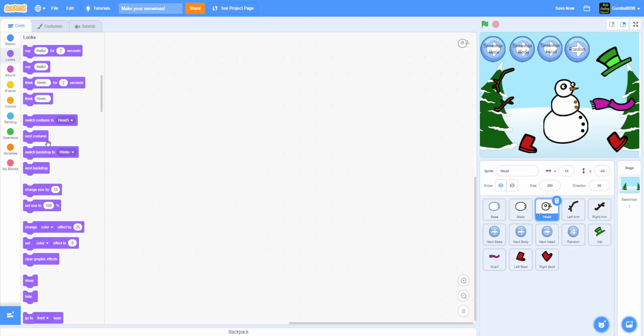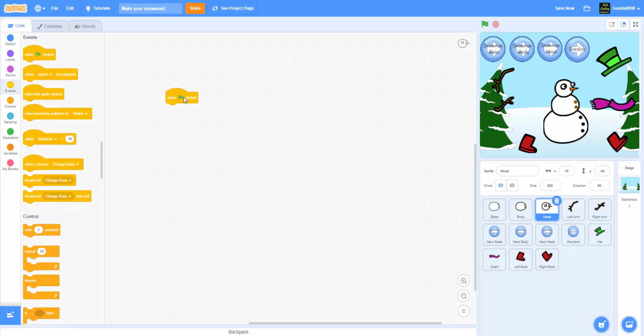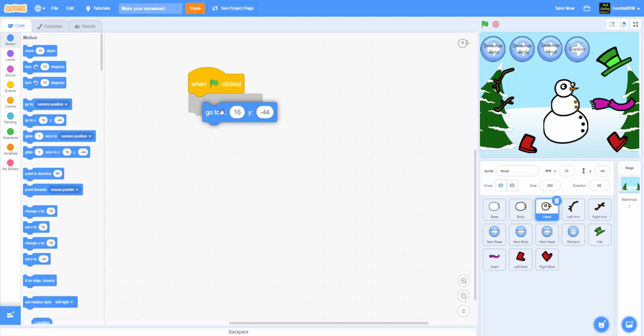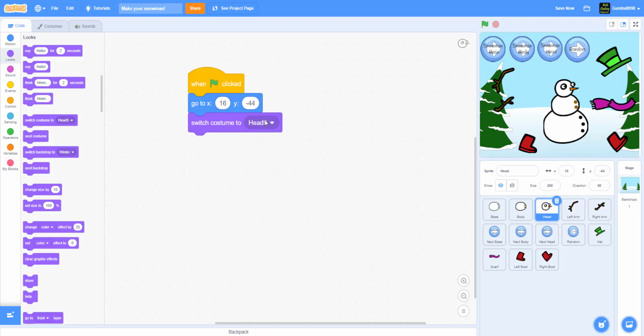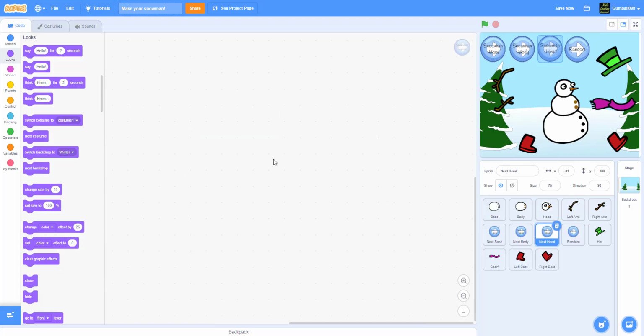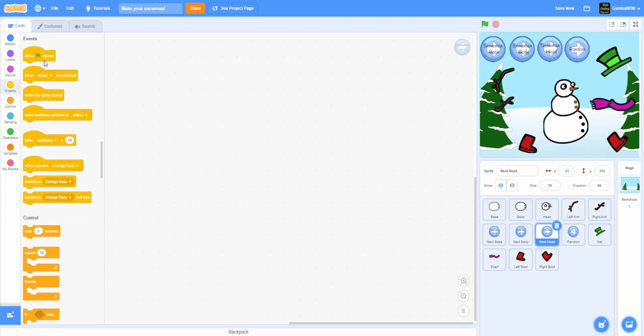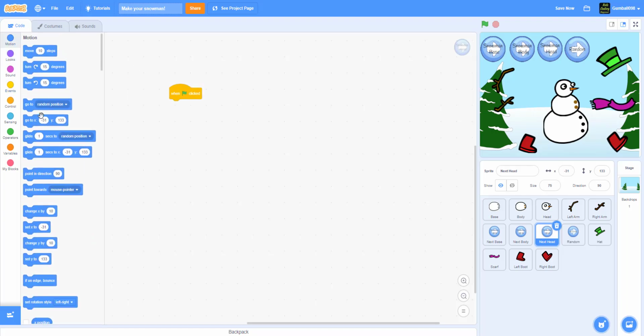and we have the head. So when the green flag is clicked, basically we go to, and then switch costume to head 1. And now when I receive change head, which is basically we just go to next head, and when the green flag is clicked, go to, and